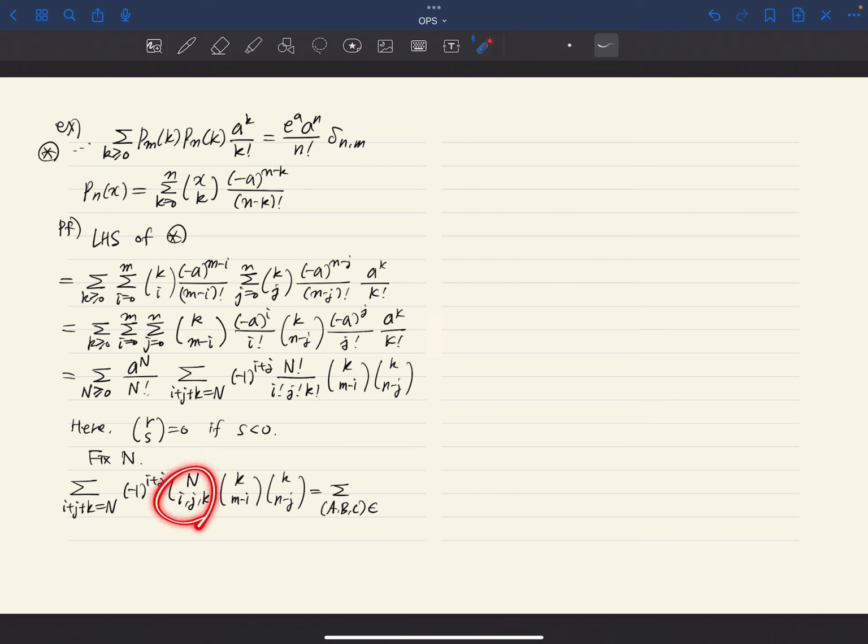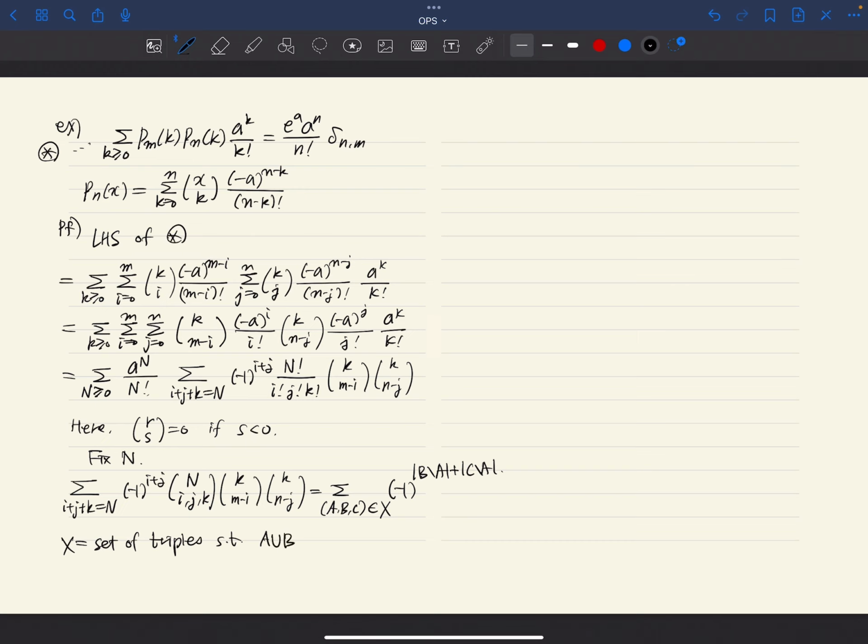This is basically the number of ways to select i elements and then j elements and k elements from n. It's like a binomial coefficient, a generalization of the binomial coefficient. And this is minus 1 to the b minus a, c minus a. Here, where X is the set of triples,